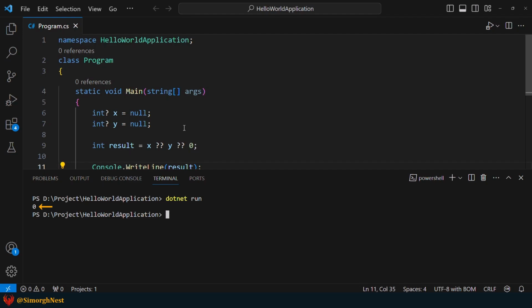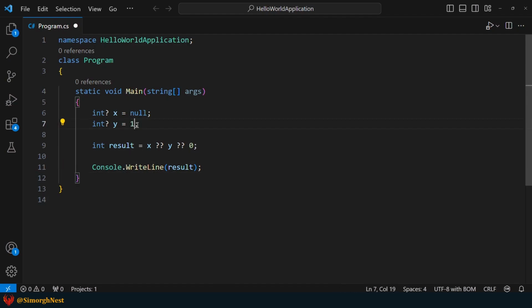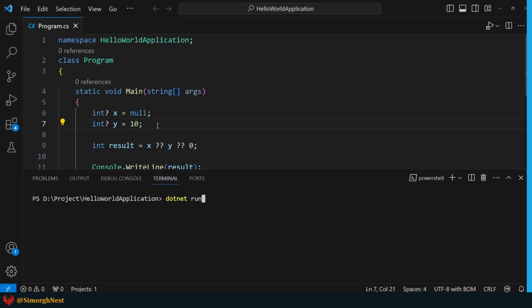As you can see, we get 0 as expected. Alright, now if we set y to 10, what will be the value of the result variable? Let's run the application to see what happens. Okay, we get 10 as the result.